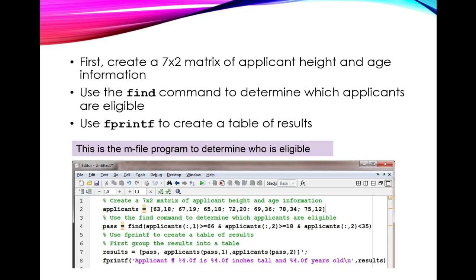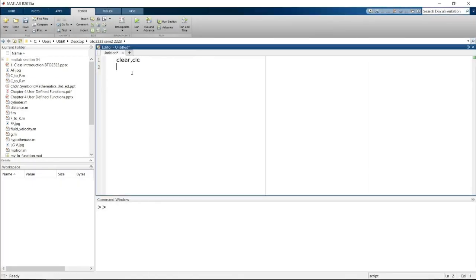So first, what you have to do is create a 7 by 2 matrix of applicant height and age information. You can do it like me here, or you can just redefine, define vector age and then combine it inside the applicants vector. So in your MATLAB